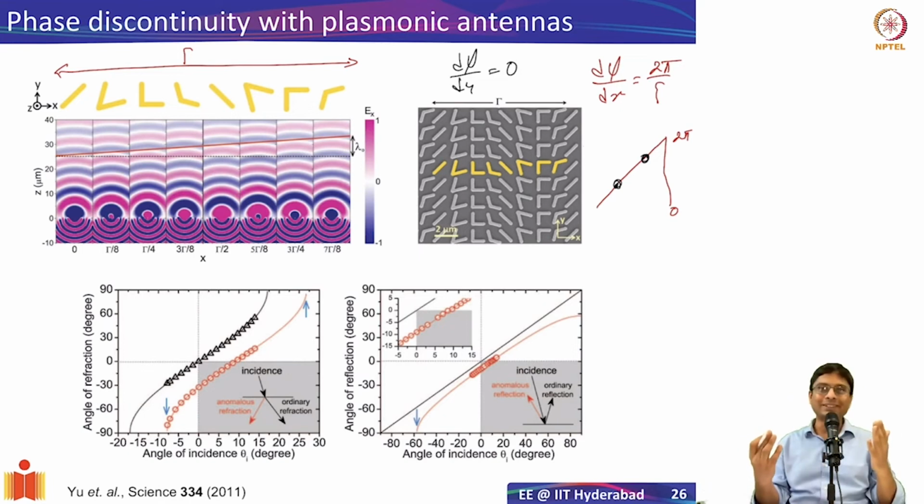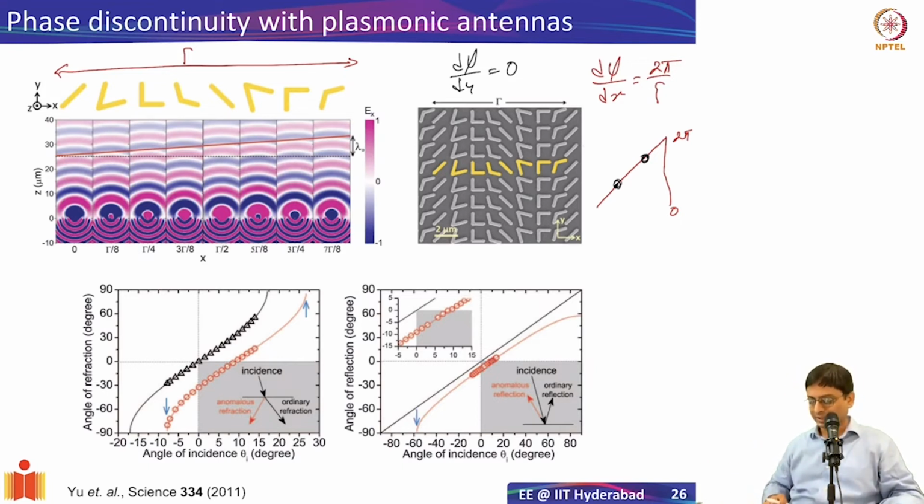But in principle, I can even create a phase gradient in the Y direction, and then I can have the overall effective phase gradient, and because of that, bending can be in any different direction. So that's the beauty of it. If I put phase gradients in X and Y, is it polarization sensitive? Well, yes, there will be some polarization sensitivity. But anyway, to demonstrate this, they chose only one gradient.